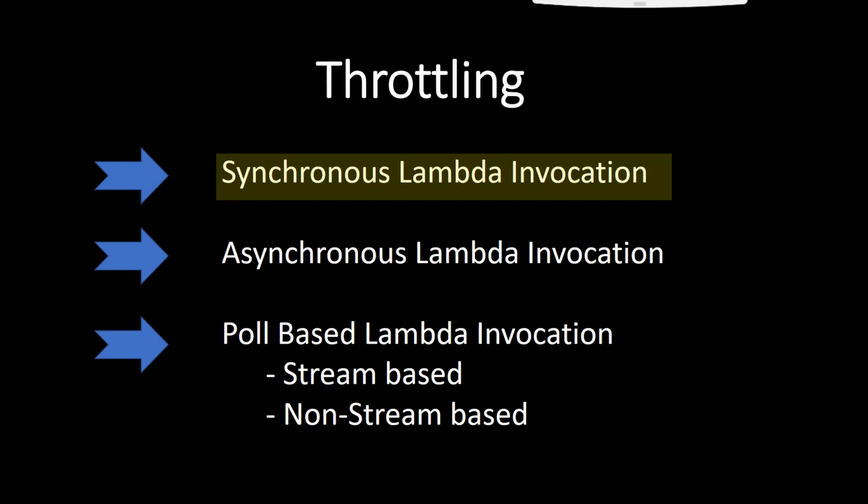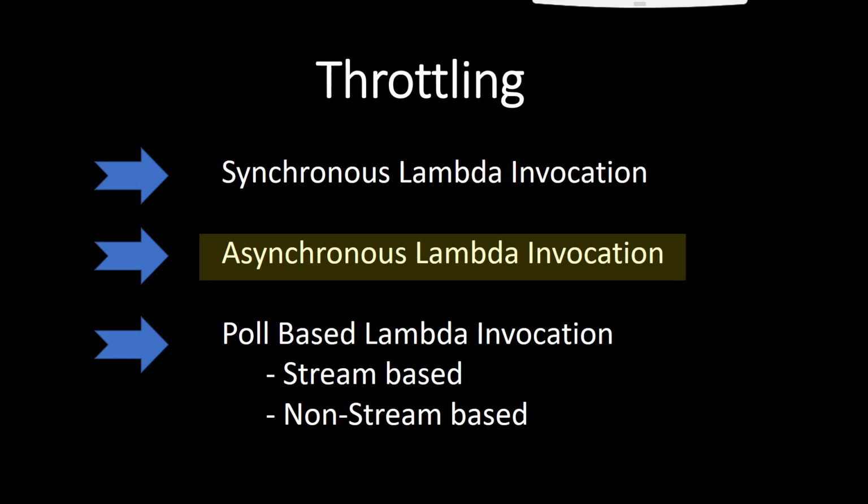So based on that, you will come to know from which consumer the high volume of requests are coming, and you can easily manage how to respond back on those scenarios. Now let's talk about the second type, which is asynchronous Lambda invocation. In this case, Lambda can again throw the error, but it has an inbuilt retry mechanism,